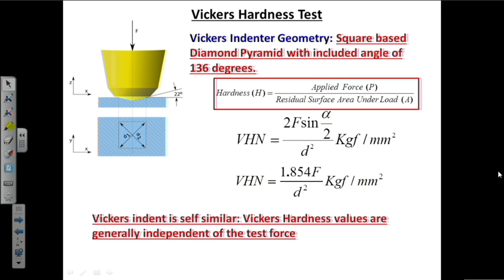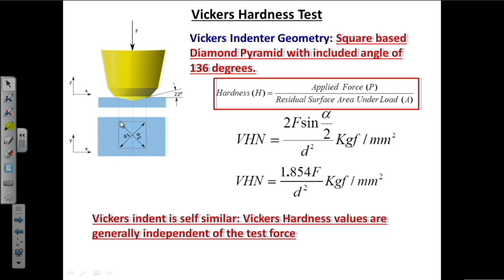In the Vickers hardness test, we use a different indenter. The indenter geometry is a square-based diamond pyramid with an included angle of 136 degrees. The hardness test procedure is very similar to the Brinell hardness test. This is called the Vickers indenter, and we load that indenter with a certain force F, and if we load and unload, we can see a permanent square impression on the surface of the